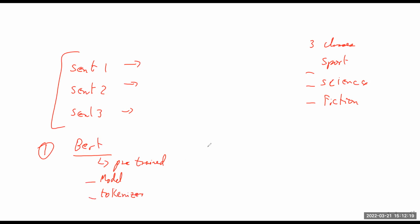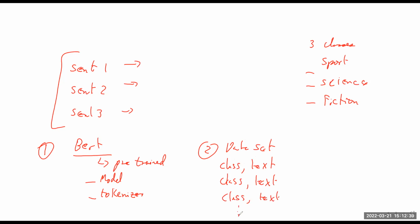Okay, and then we get the data set, where we have a data set with the following format: class, text, class, text, class, text, dot, dot, dot. All right, so if we have our data set like this, and our objective is, given some input sentence n,